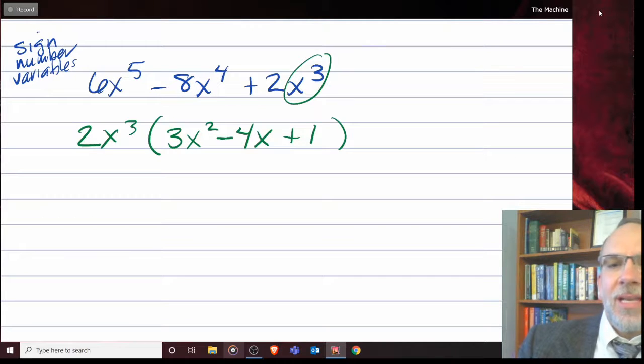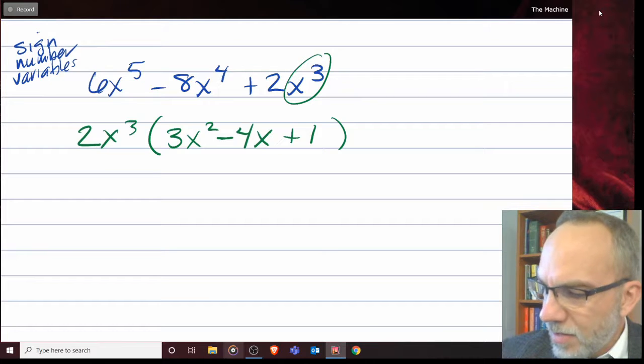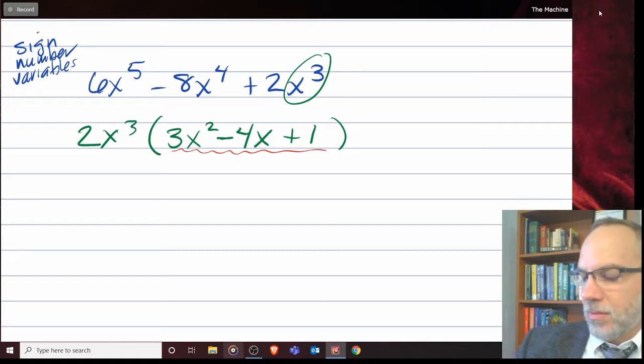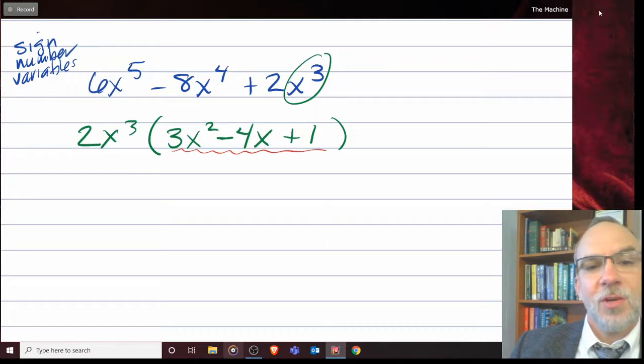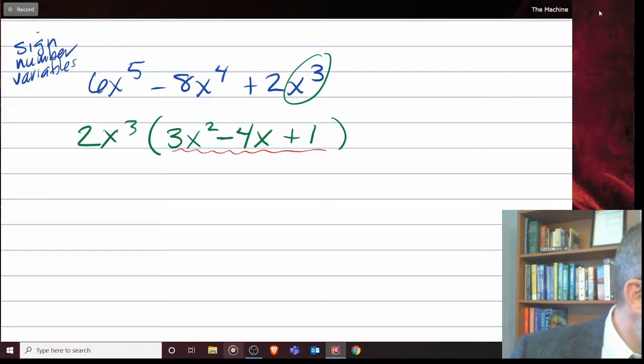All righty, and now that's as far as we'll go for this one, although maybe, does this one factor down even more? It might. But that will be for a later lesson. That's as far as I want to go on that one. Okay, I've factored out the greatest common factor. Let's look now at